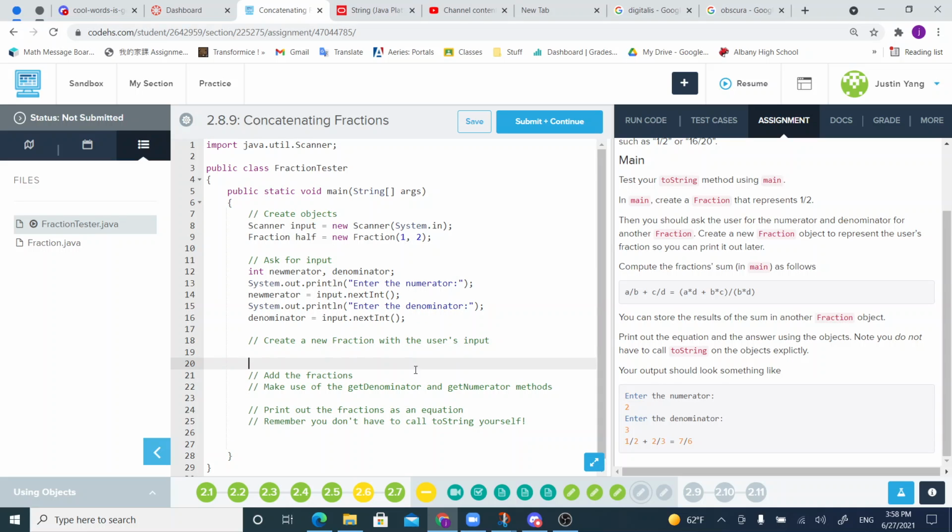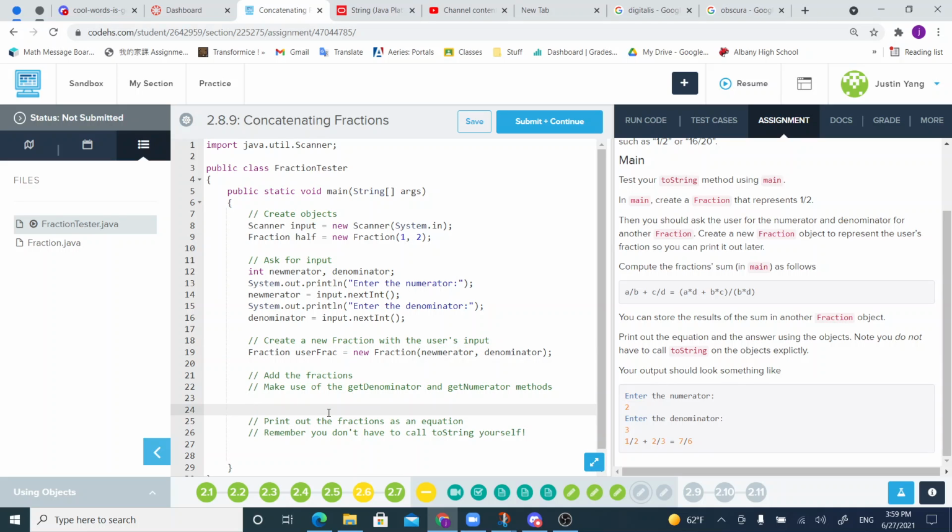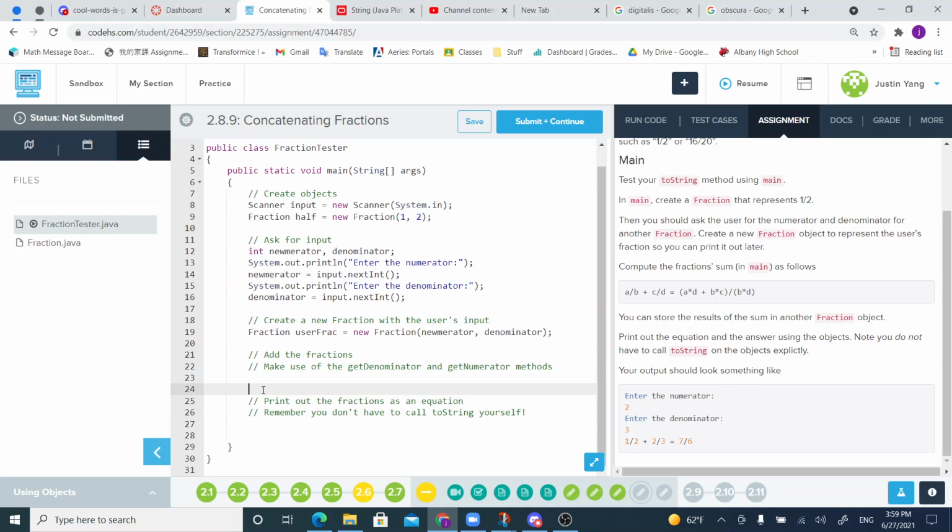Create a new fraction with the user's input. Then you go fraction dot user frac. Can I say that? Equals fraction with numerator, denominator. Add the fractions, make use of the get denominator and